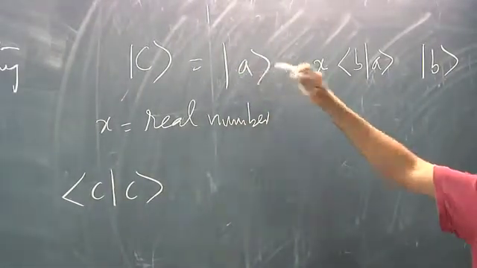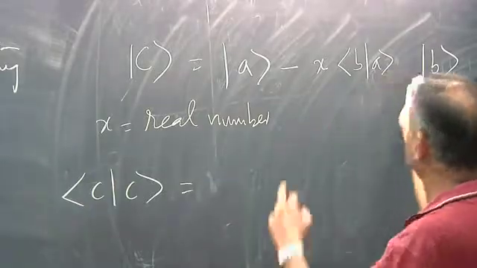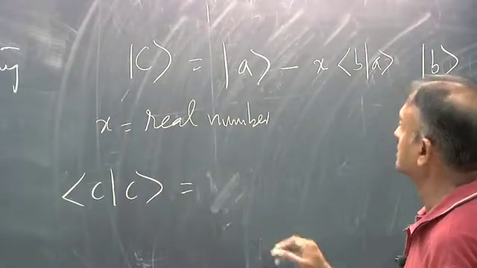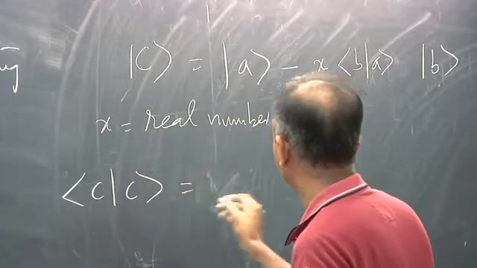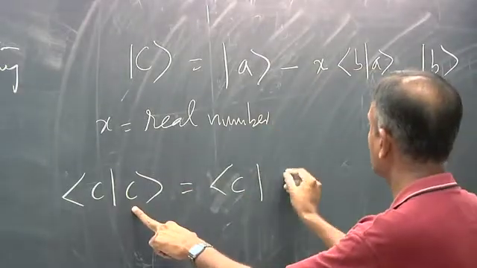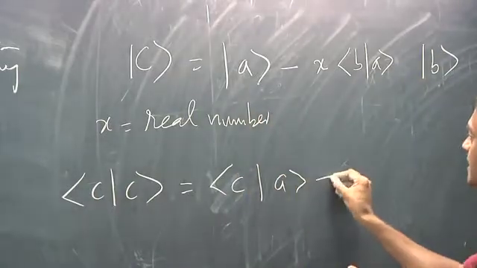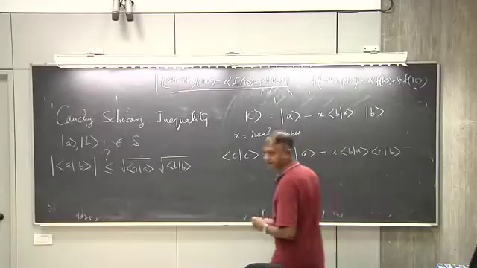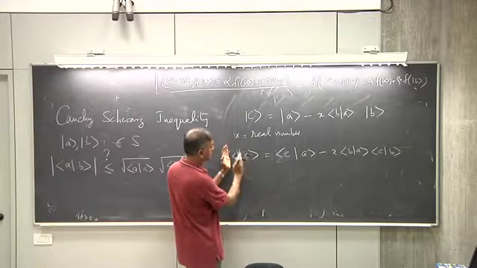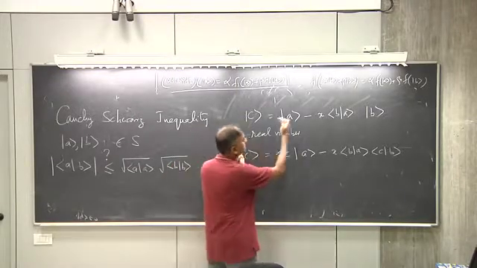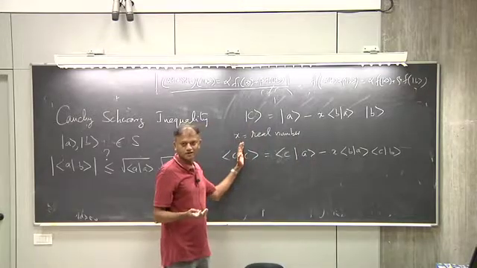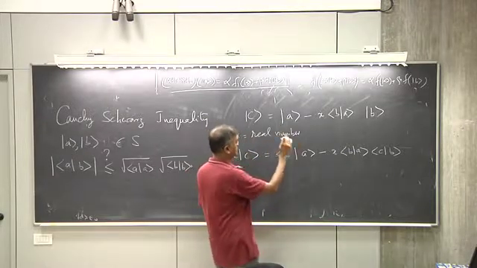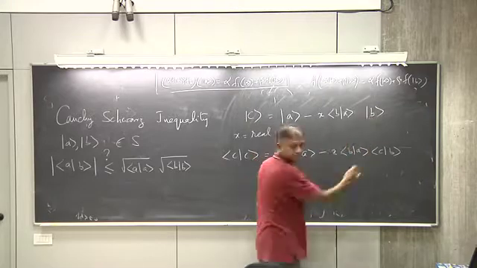Okay, C is this, this is the definition of C. So let's just do this. So what you get here is, first let me do it like this: C with C. I keep the first C as it is, and on the second slot I use the fact that C is this, and then I use the linearity of the scalar product. Right? So linearity of the scalar product gives you C with A minus this quantity times C with B. Okay,